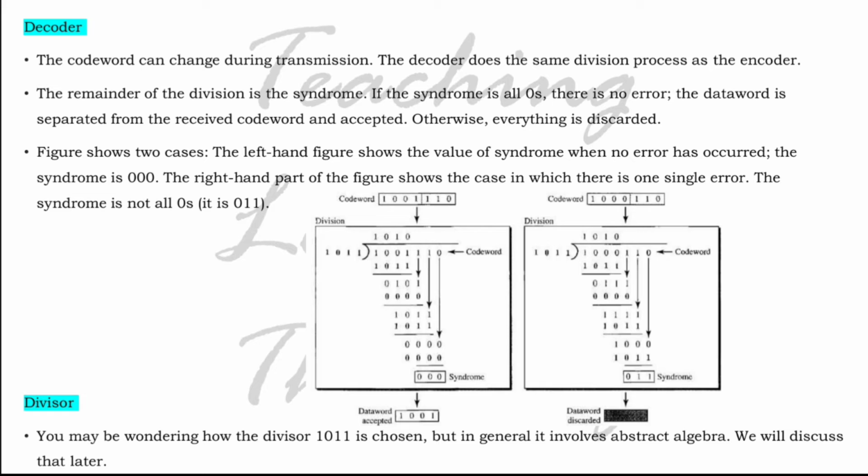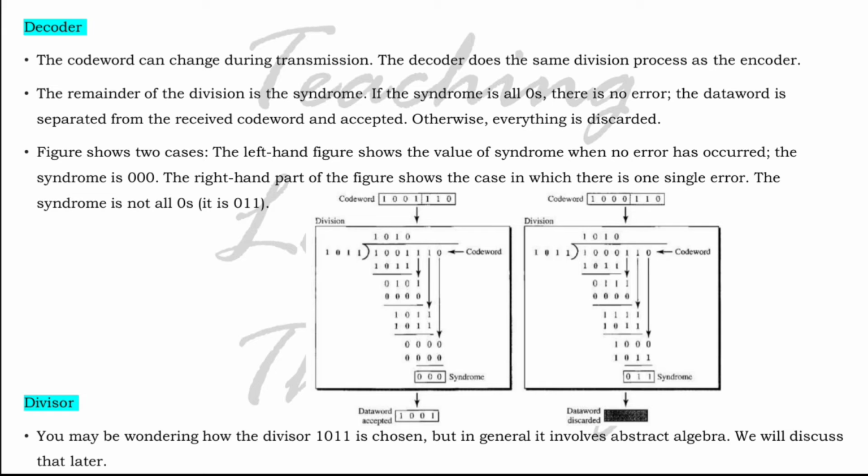So if you see here, our data word is 1001 and our augmented value, our encoder gives one code word to the decoder, that code word is 1001110, and we are dividing it by 1011 and we will get a syndrome of 0 0 0, and this syndrome is all 0, so that data word is accepted. And in the next case the code word is